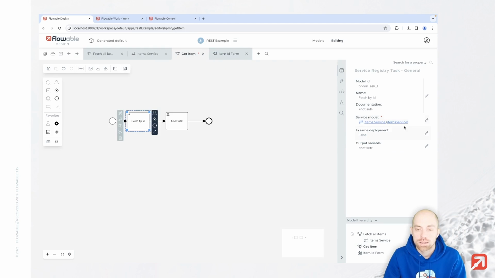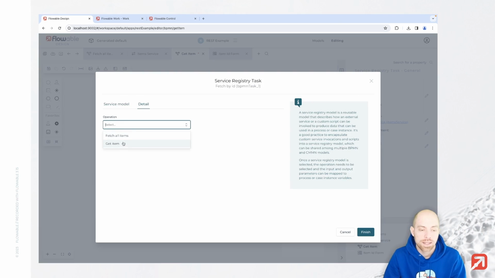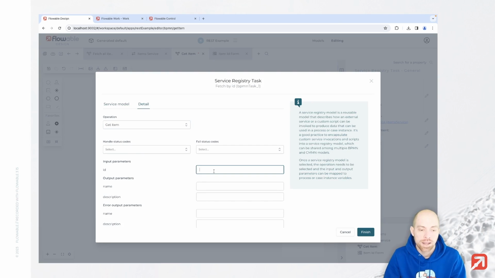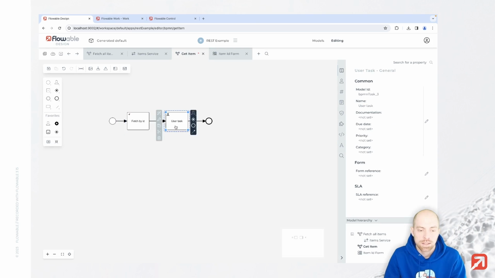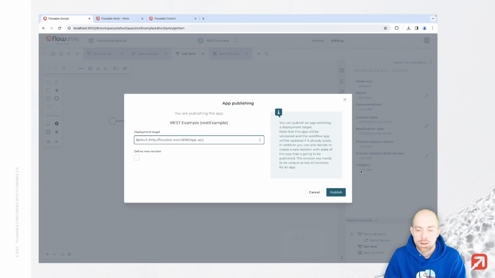And in the process, we can go ahead and configure the fetch by ID, where we say here now get item. We have the input parameter my ID, and we have the output parameters actually, which is going to be my name and my description. And we finish that, and we say here now item colon my name, since that is what we are going to see then later on. Let's save that, publish that,